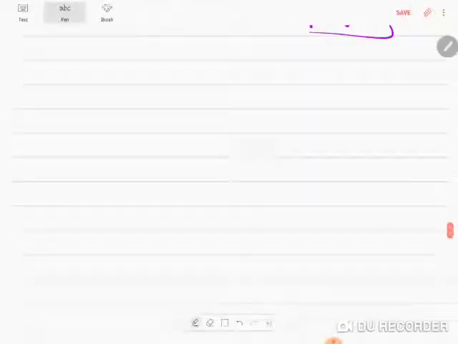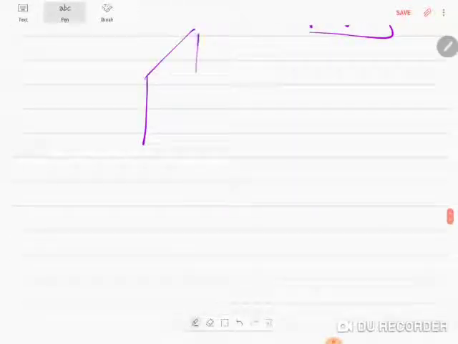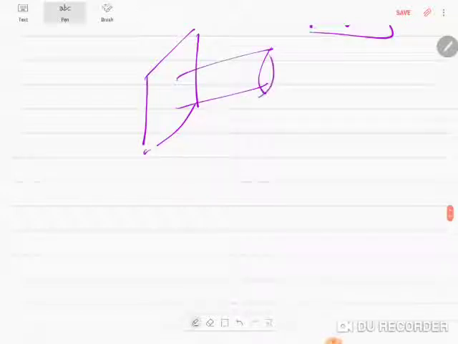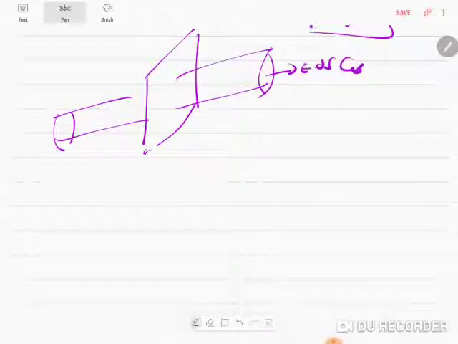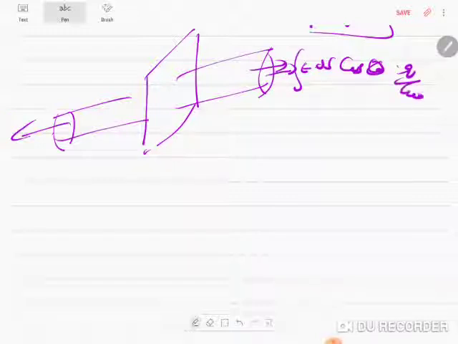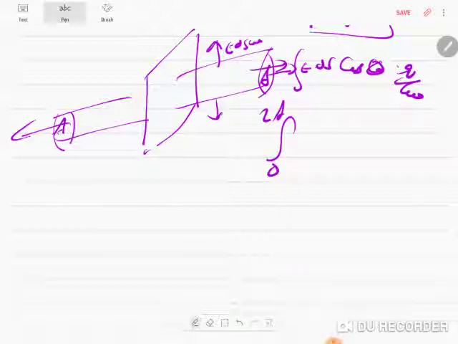Now let's look at an infinite plane sheet. You know how it works. I told you there's a cylinder like this and a cylinder like this, because you will have E ds cos 0 only on the sides. There will be flux like this and there will be flux like this also. E ds cos 0 will be equal to Q by epsilon naught. This area is A and A, and so it is integrated from 0 to 2A. There is no flux coming out from this side because E ds cos 90, because the electric field is like this and the ds vector is upward and at 90 degrees, so hence on the top and bottom you don't have flux.